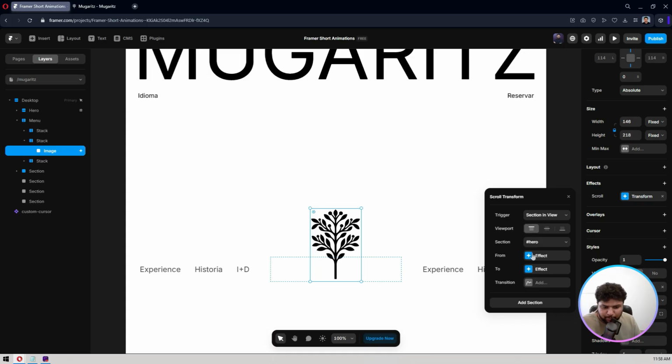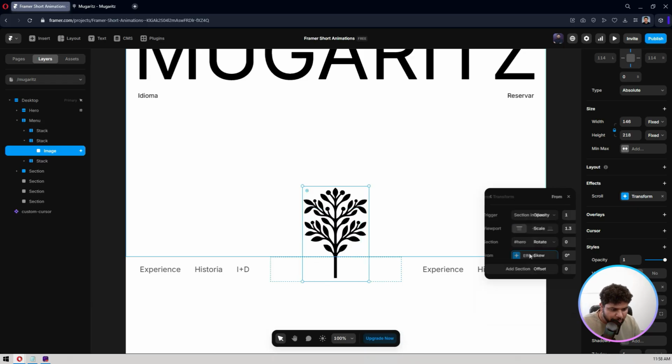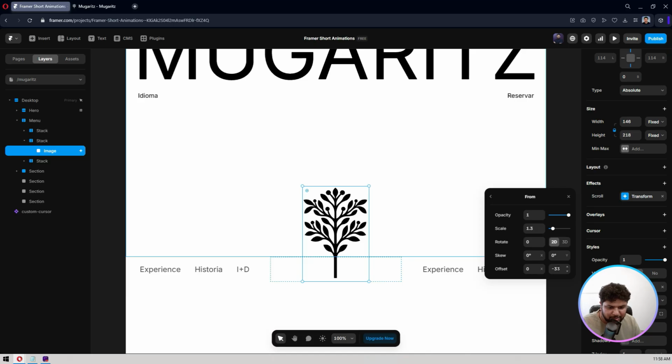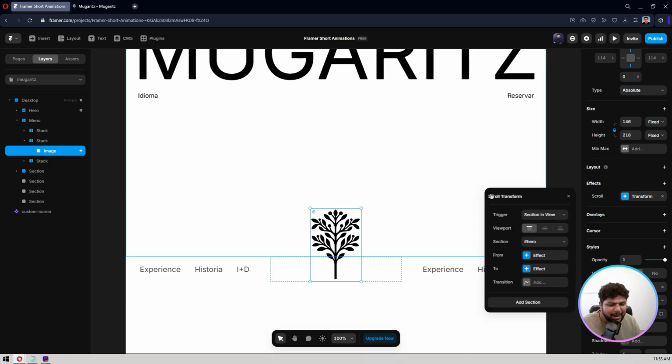so that it takes that particular position, right? So I'm using section in view. Which section? The hero section. This hero section in view from the top hand side. The animation starts playing as soon as it's from the top. So by default it's already on the top, so the animation will start playing from the beginning, from, let's say, a scale of 1.3, and the position here, as you can see, minus 33, because I had to adjust